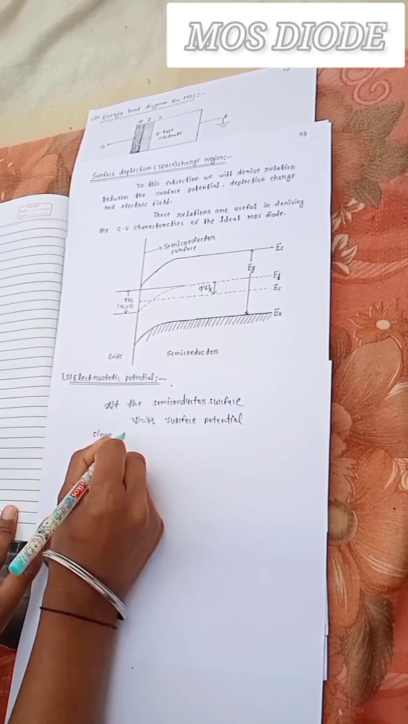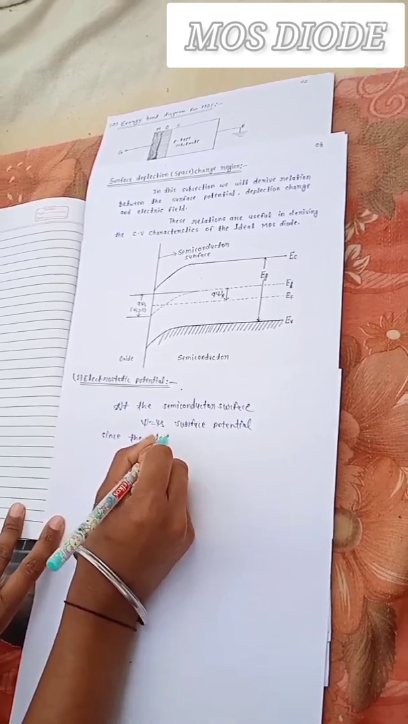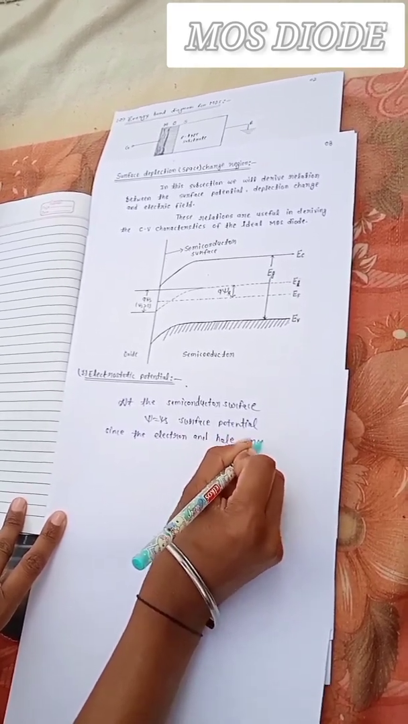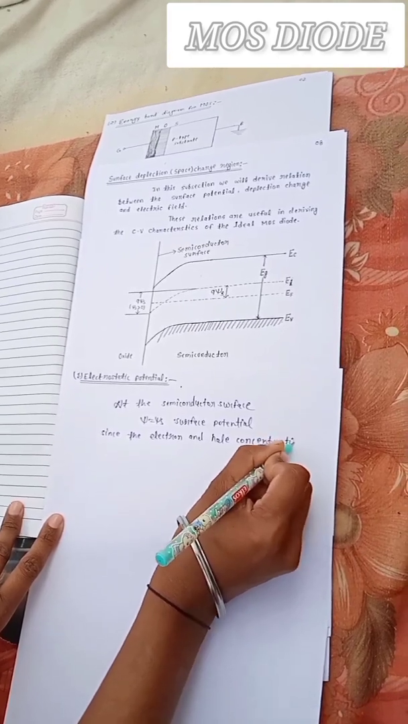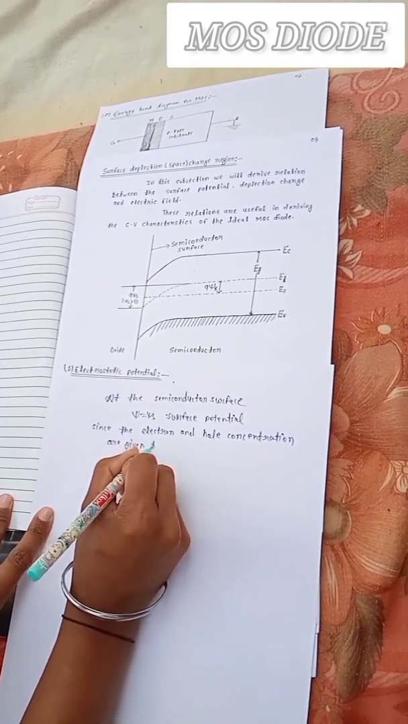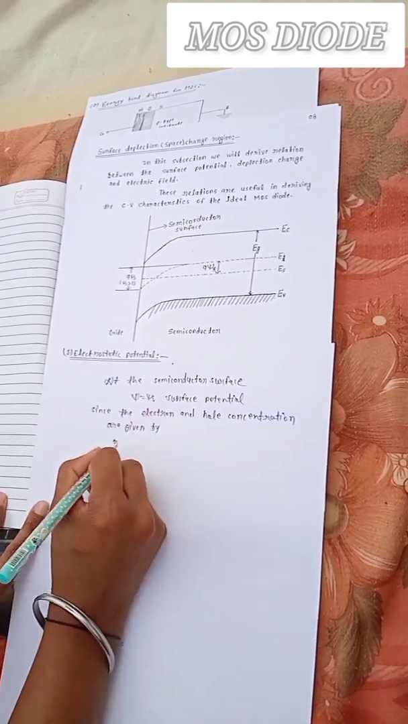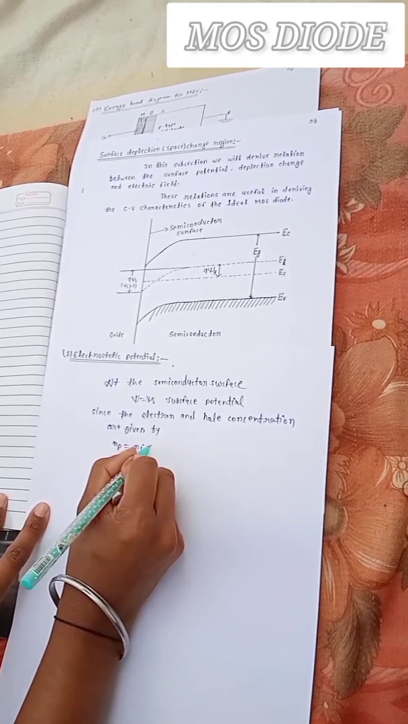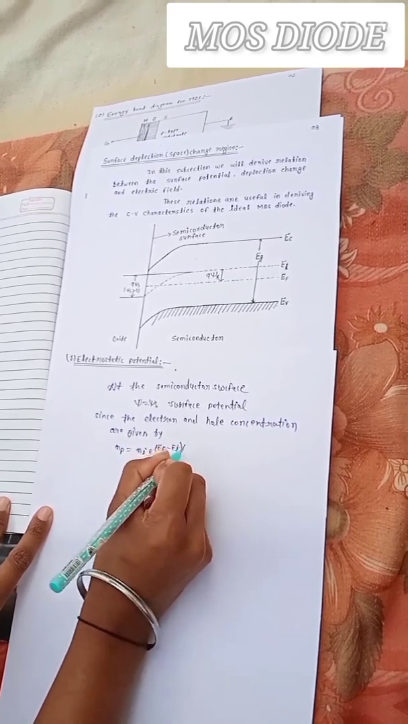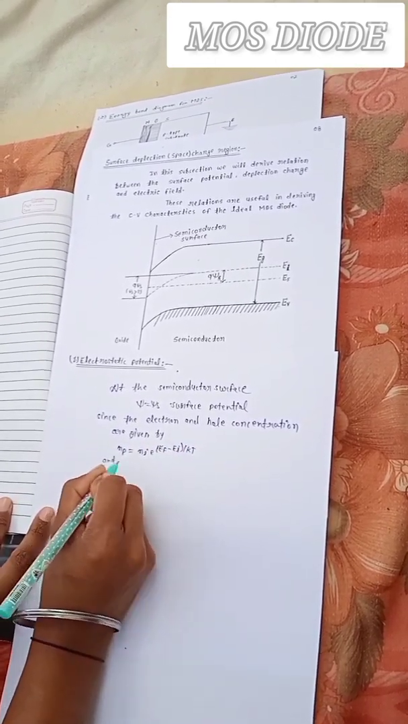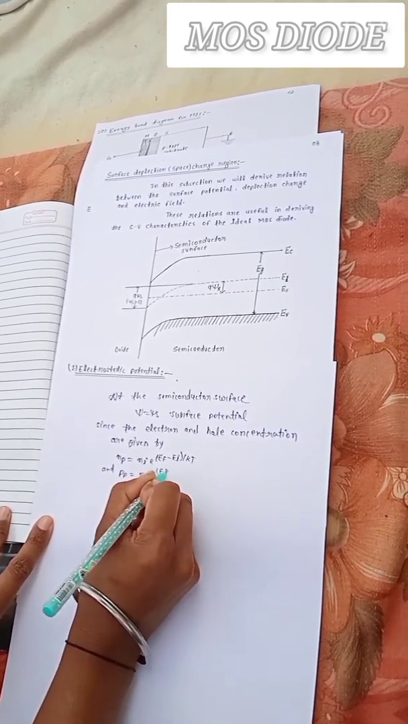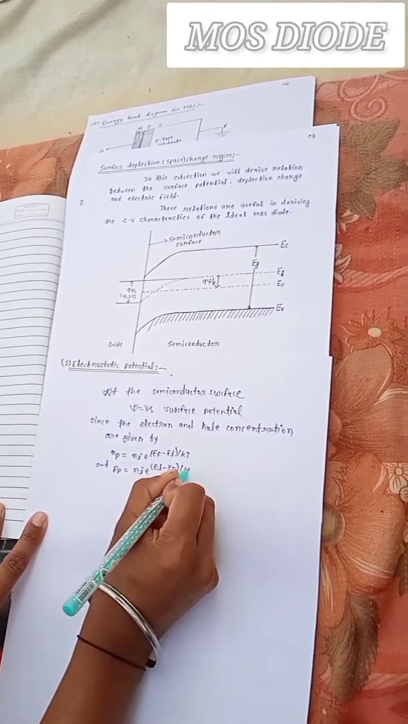Since the electron and hole concentrations are given by n is equal to ni times e to the power (EF minus Ei) upon kT, and p is equal to ni times e to the power (Ei minus EF) upon kT,